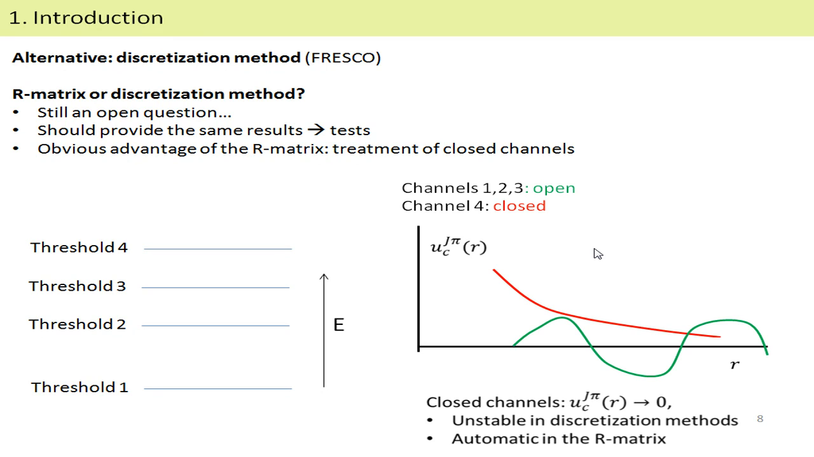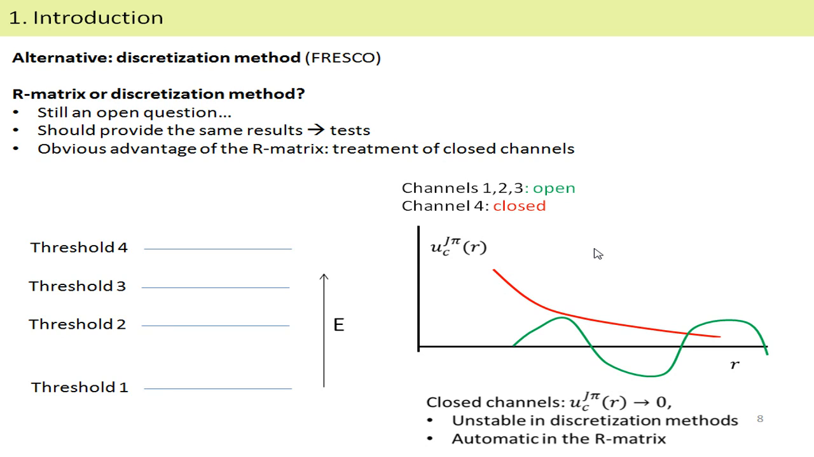So here it means that channels 1, 2, 3 are open. So at large distances, well, sorry, this is not a very nice plot, but this is supposed to be a sine function, something like a sine function. So there are oscillations. But channel 4 is closed at these energies. So you know that at large distances, you will not have such an oscillating behavior, but you will have something which decreases